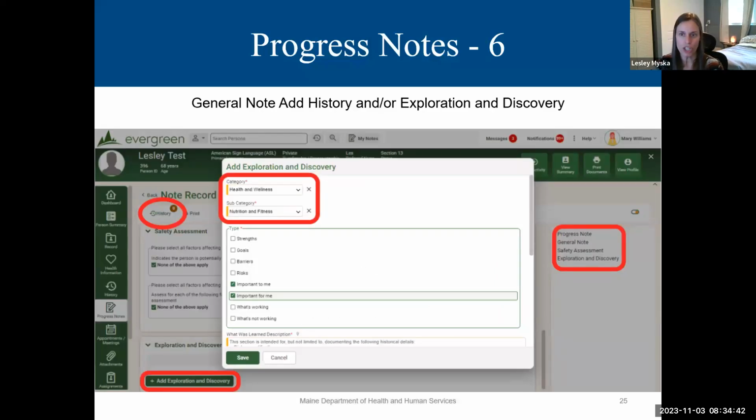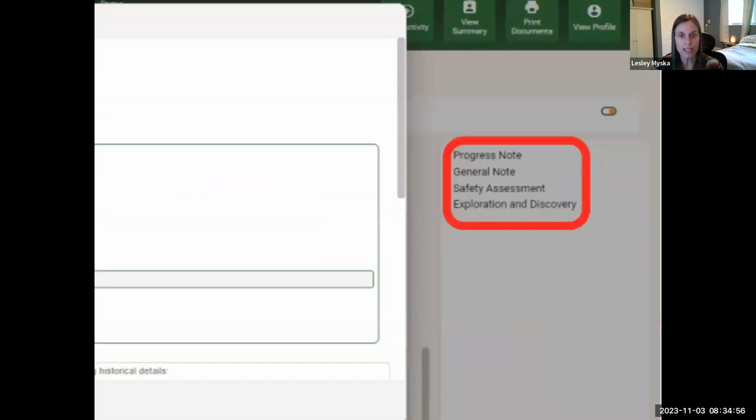This screenshot is showing the Add Exploration and Discovery Multi-Add List modal, which is available in the 4th section of the note. So you can see on the right-hand side here, I have the note sections, which is the 3 steps from the stepper that you would have already completed: progress note, general note, and safety assessment.